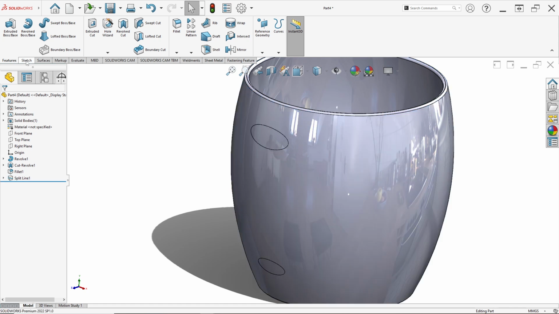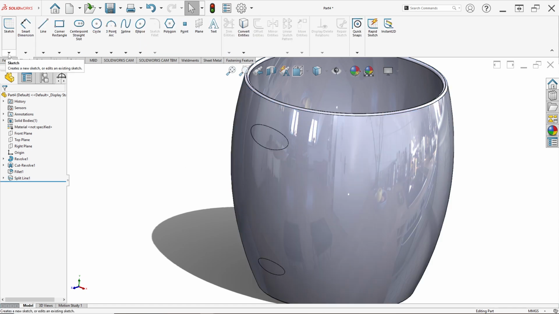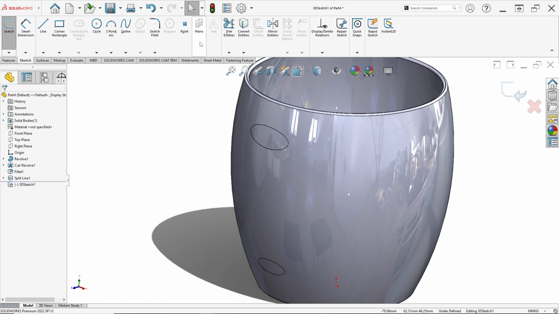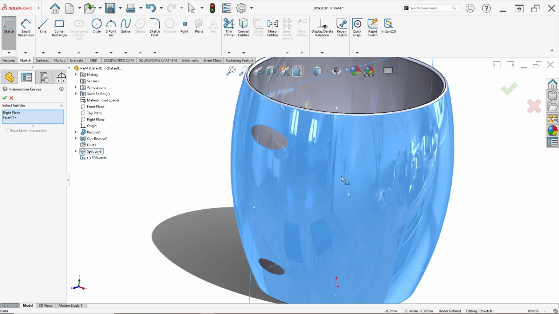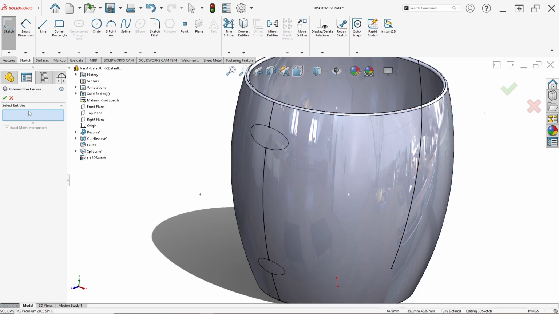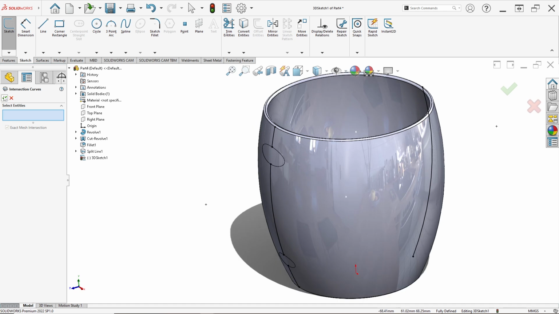We make the sketch like this from the split line. Then click Sketch, click 3D Sketch, select Convert Entities, and select Intersection Curve. For the selected entities, select the right plane and this face. Just click OK like this.